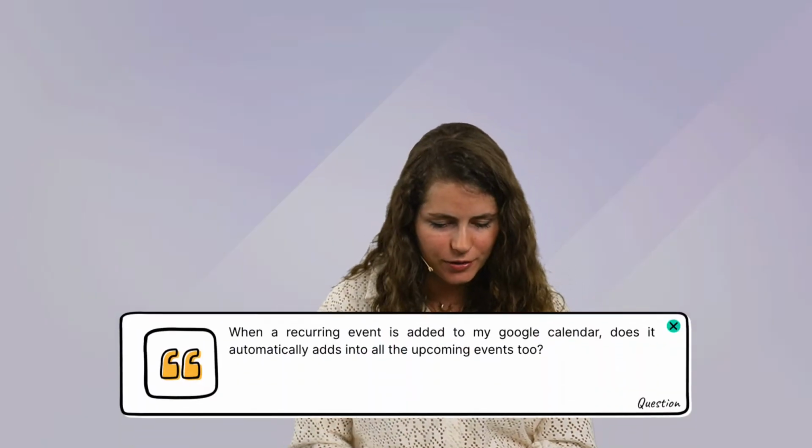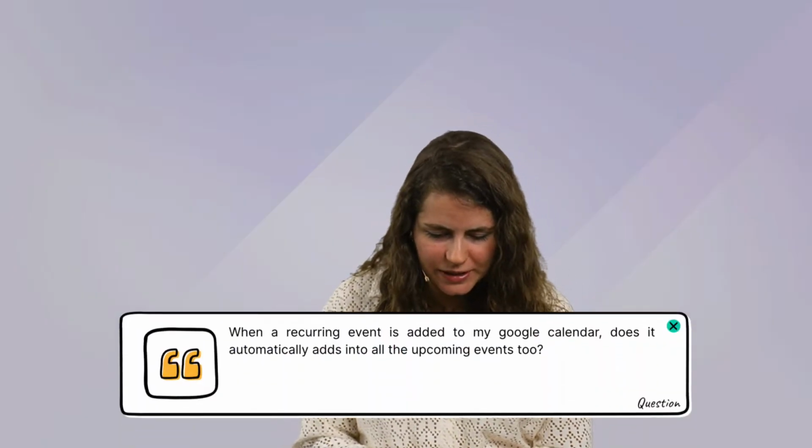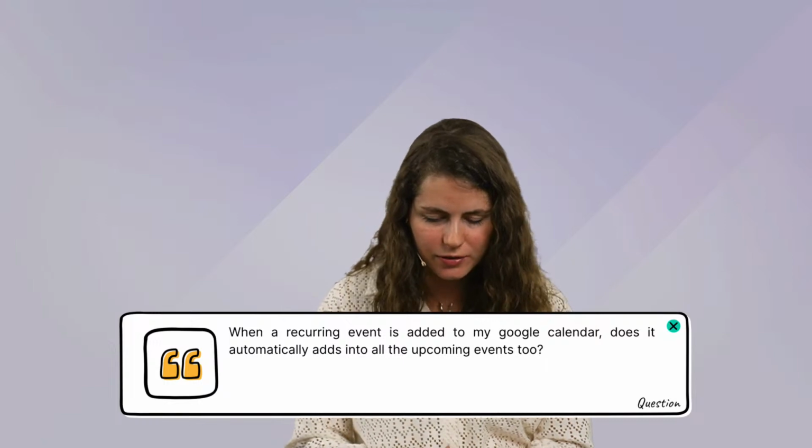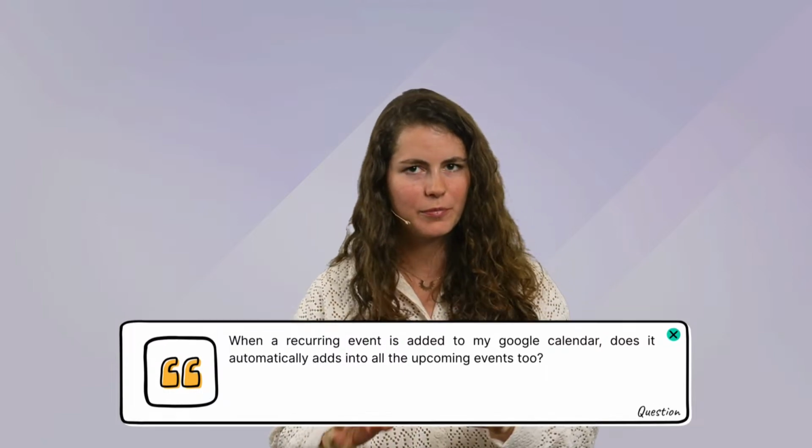Okay, so we'll go into the questions now. So I have one question: when a recurring event is added to my Google Calendar, from Arthur, does it automatically add into all the upcoming events too? So not sure I understand perfectly the question, because when we are talking about Google Calendar,